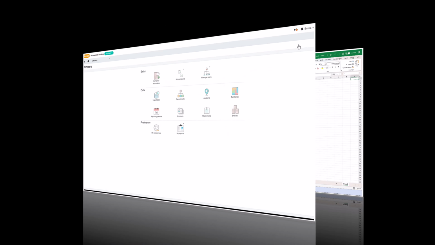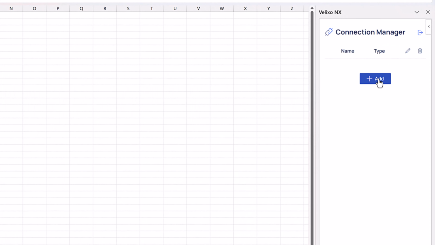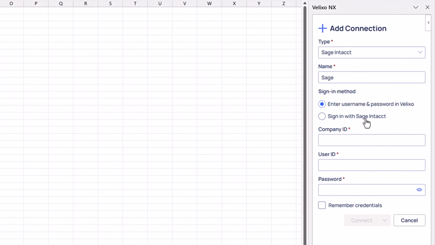Velixo strongly recommends that users access their Sage Intacct data with the same credentials they use to log into Sage Intacct in the browser. The biggest advantage of this approach is that the data each user sees in their reports will match what they see within Sage Intacct. This avoids the possibility of a user being unintentionally exposed to more sensitive data than they would normally see under